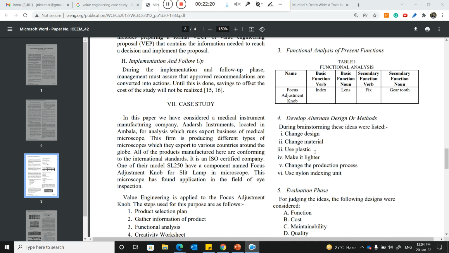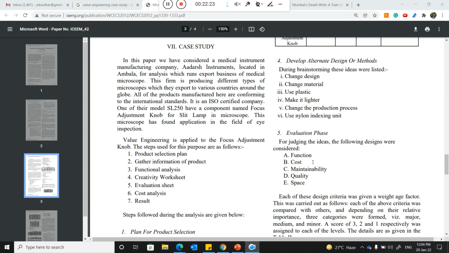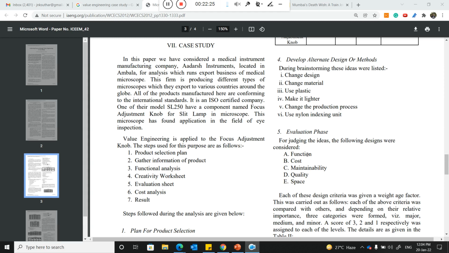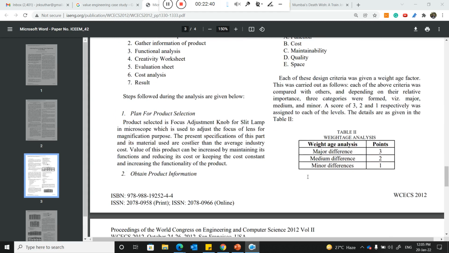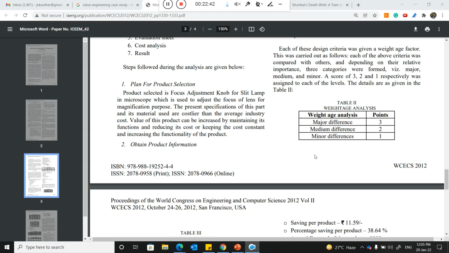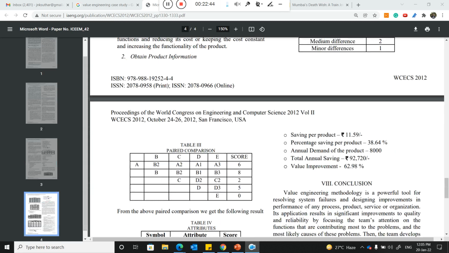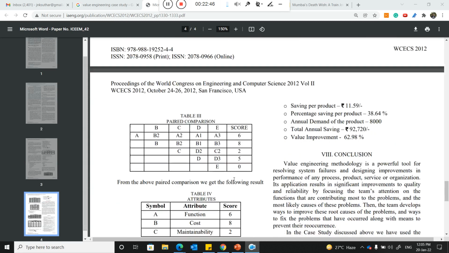These are the alternatives we got by brainstorming, evaluated on the basis of function, cost, maintainability, quality, and space. I will share this article, so you will get all the idea. The next is the evaluation matrix; I forgot to put it in earlier. On the basis of that, you can put